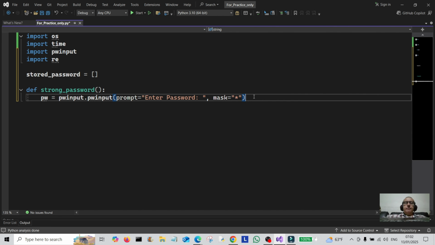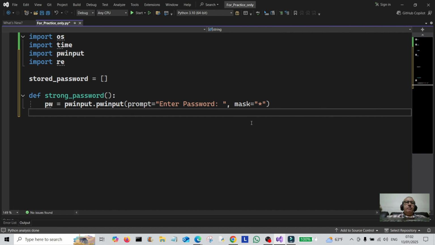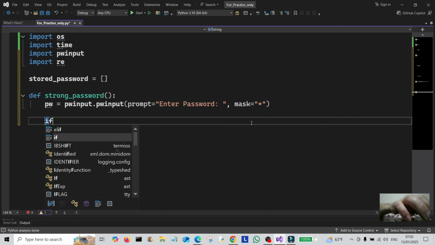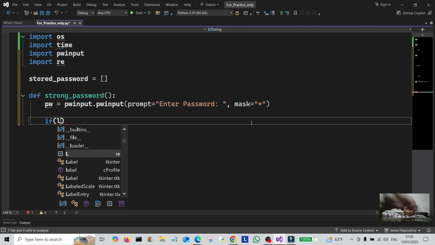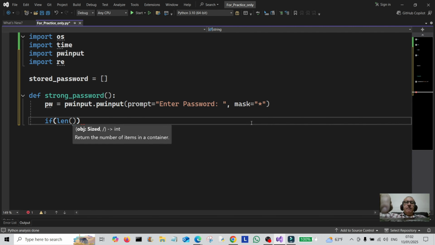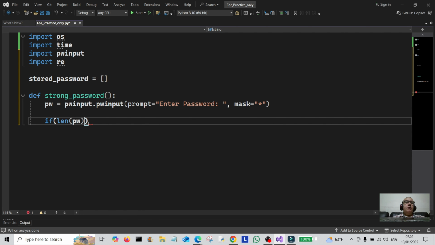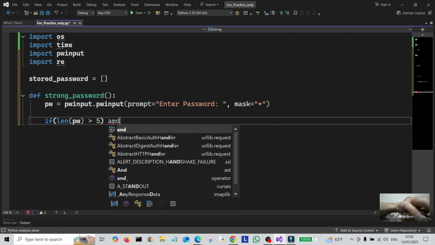Okay, now we're going to come on to the conditional. We're going to evaluate something, so we use if, and we're going to use len here for length. So first of all, we're going to check the length of the password that the user entered. So if the length of the password is greater than 5, so if there's more than 5 characters in there, and we've got a few other conditions here, we're going to use